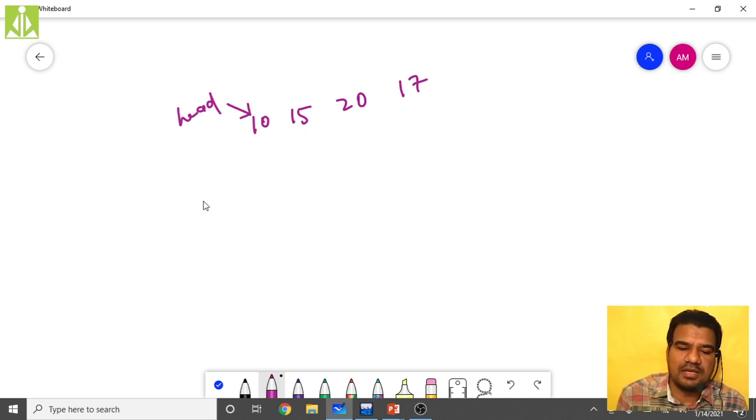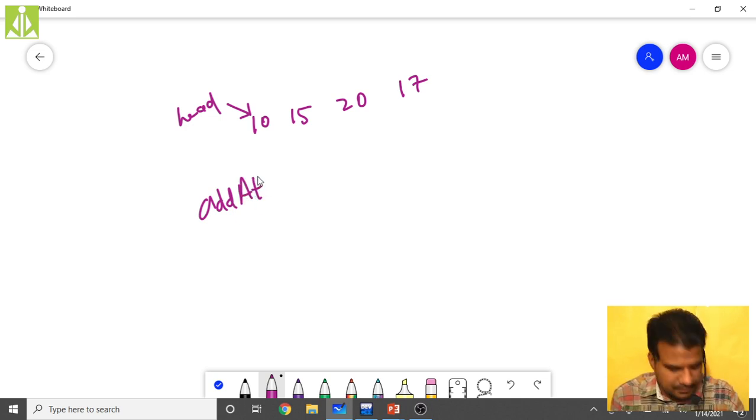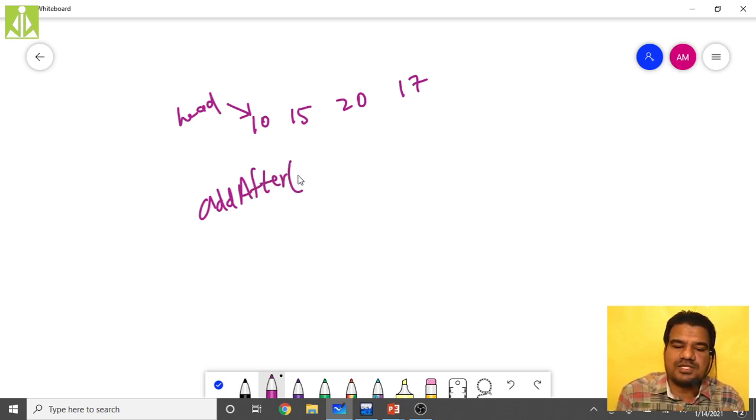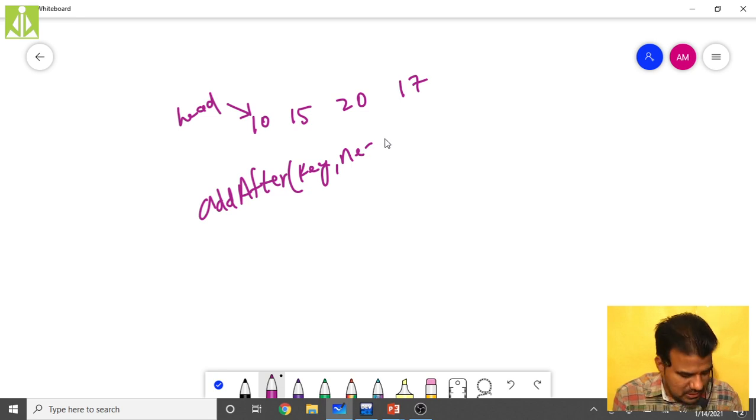Then if I am giving add after, generally add after will take two values. First one the key, and the second one new data. Key comma new data.